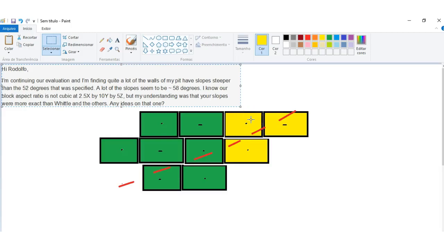In this short video, I'm going to explain how SceneShed generates the slope angles and what implications you should consider in order to evaluate if the software is respecting the specified slope angles. The first thing is that your analysis must be focused on the surface, not on the model,